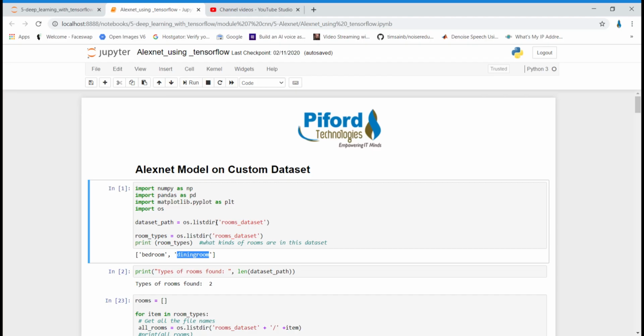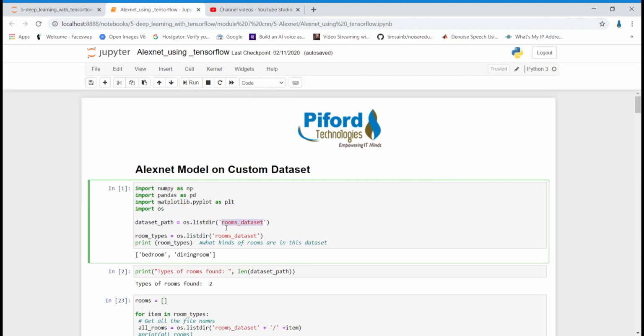Okay, so what I'm doing over here is, first of all, importing all the required modules, and then I'm using os.listdir. What this list directory does is it gives you the list of folders and files which are present at this particular path.